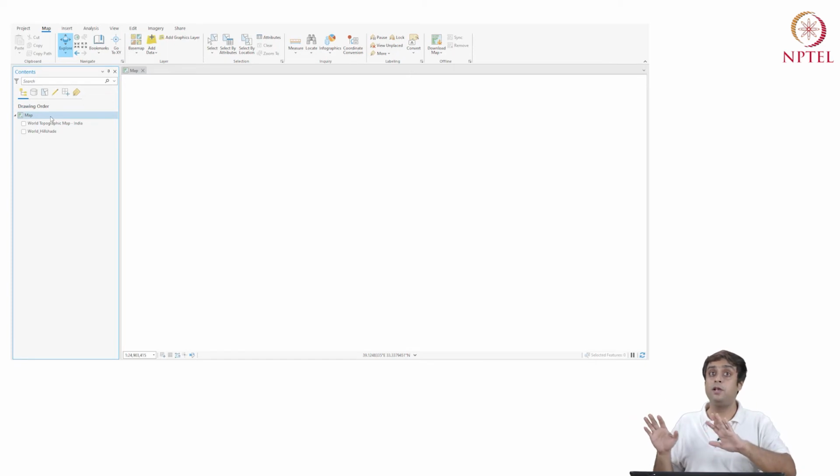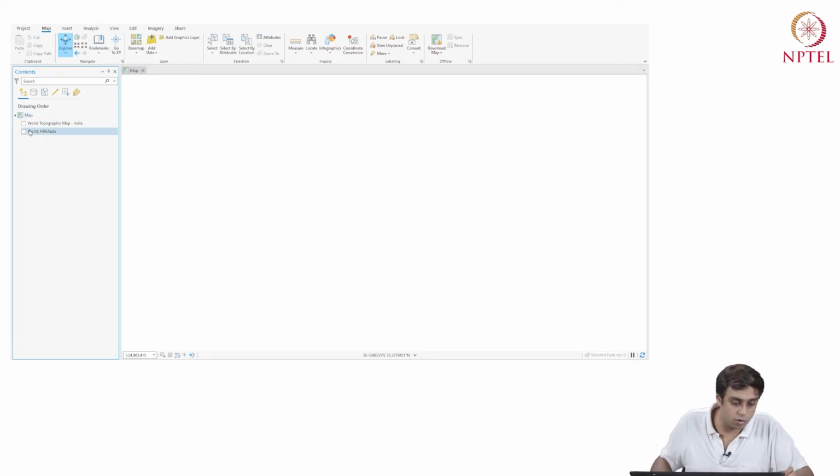So it is possible that on your system you actually begin with a completely blank screen, and that is fantastic, no problem. Okay, so these inbuilt base maps are only there to help you. They don't really have a substantive value so far as conducting analysis is concerned. Okay, because we have these base maps, we are going to use them just for our purposes.